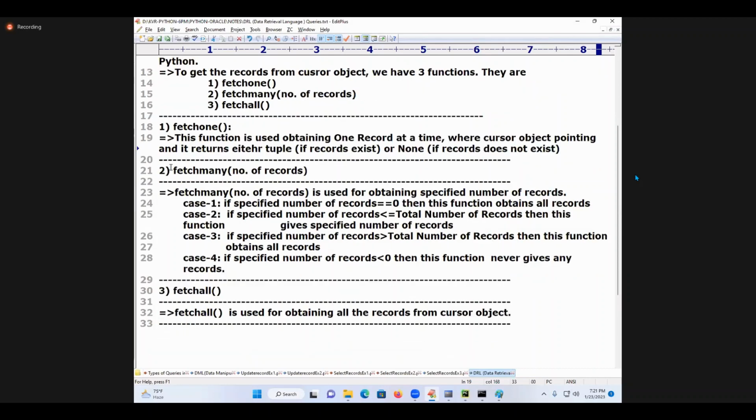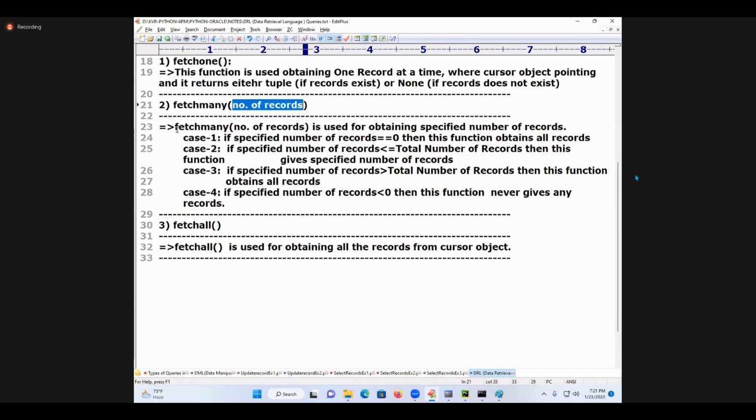Next, fetch many. What is this? Fetch many of number of records is used for obtaining a specified number of records. Careful. Case 1: if the specified number of records is equal to 0, then this function obtains all records. Case number 2: if the specified number of records is less than or equal to the total number of records, then this function gives